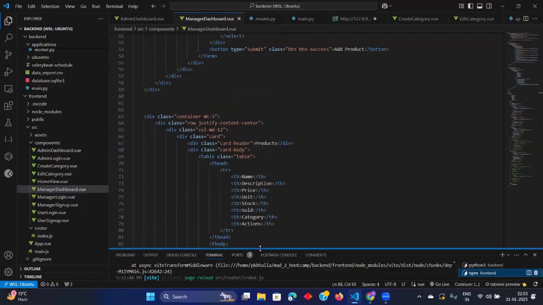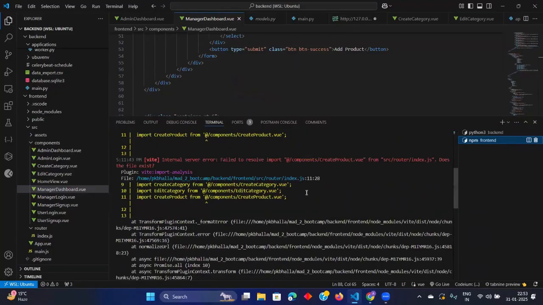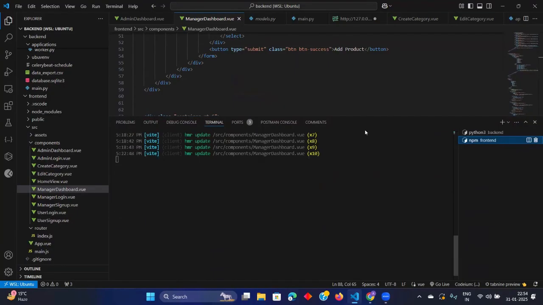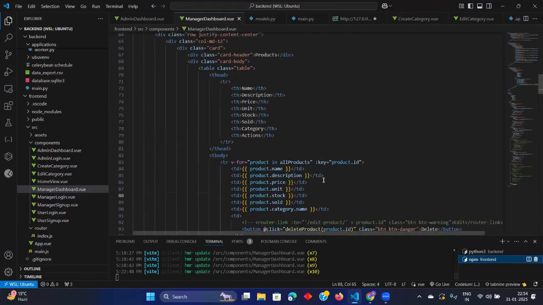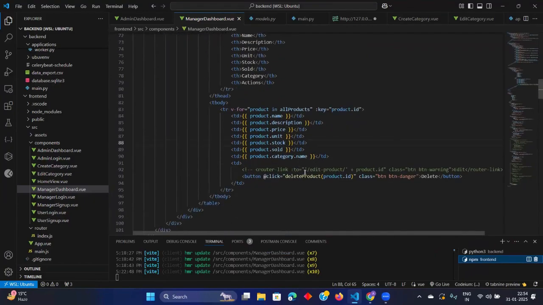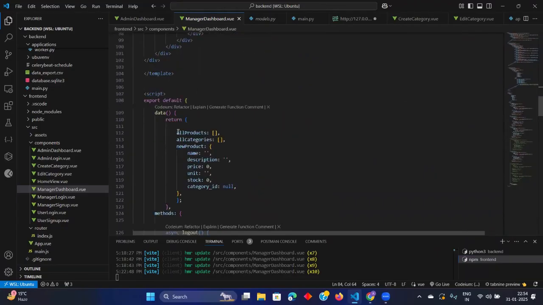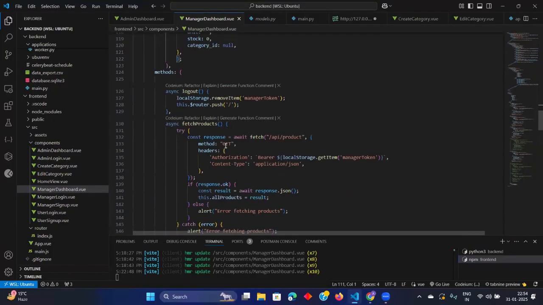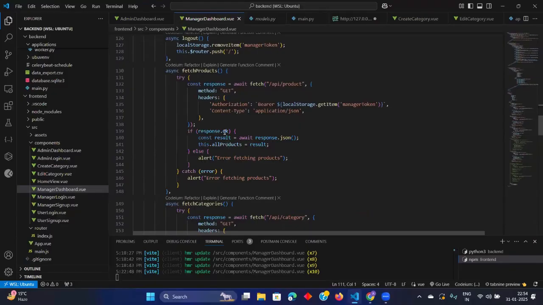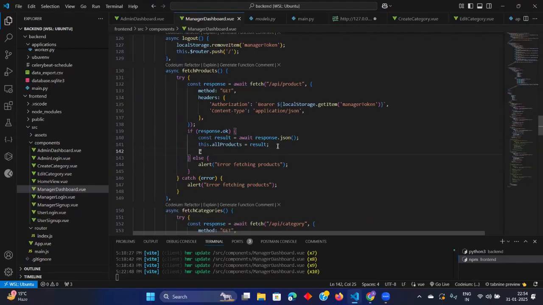In the front end, this is there, okay. In all products, name, that is one thing.